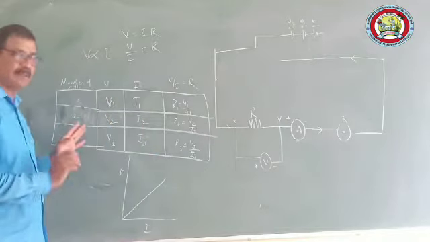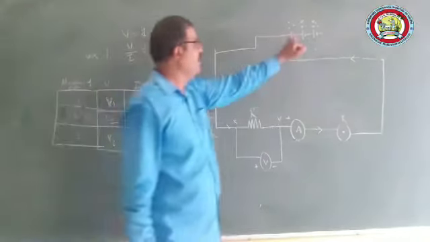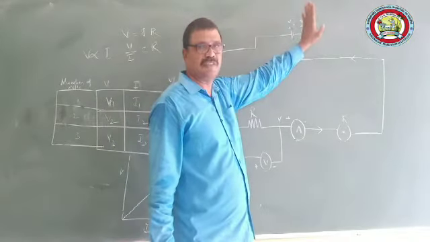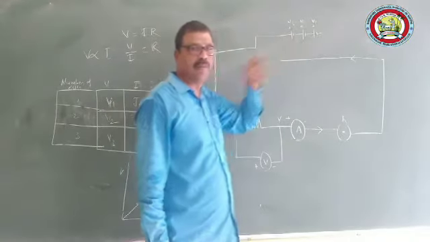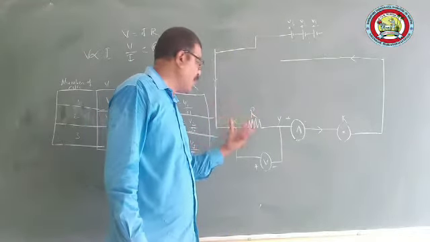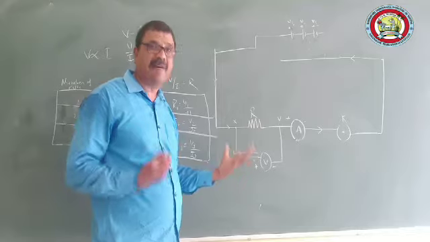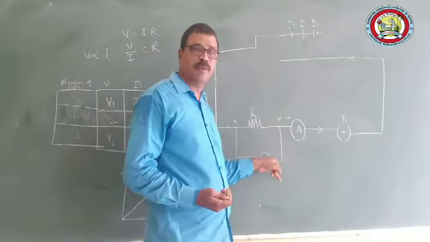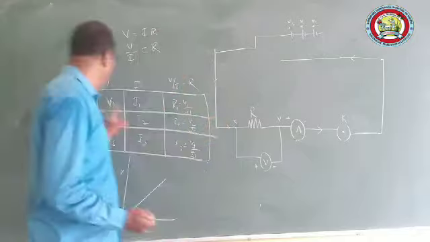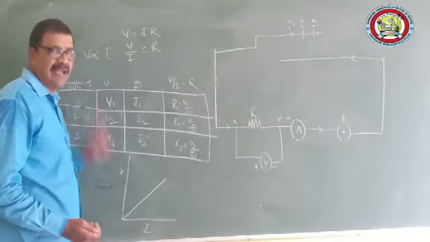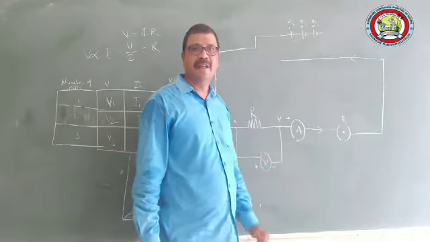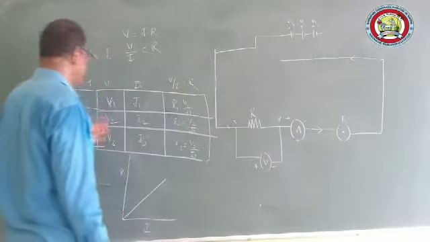Okay, once again I will explain this one. See, we have three cells here, V1, V2 and V3. First, I switch on only V1. So a certain amount of current will pass through the circuit, and the potential difference I have applied will be measured in the voltmeter, and the corresponding current will be measured in the ammeter. I will note down the readings of V1 and I1. In the second reading, I switch on V2. So when I switch on V2, what will I get?